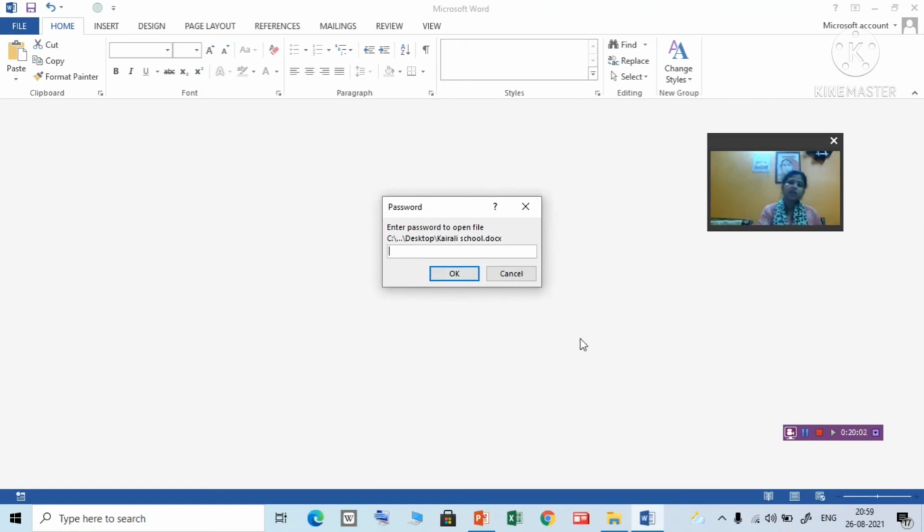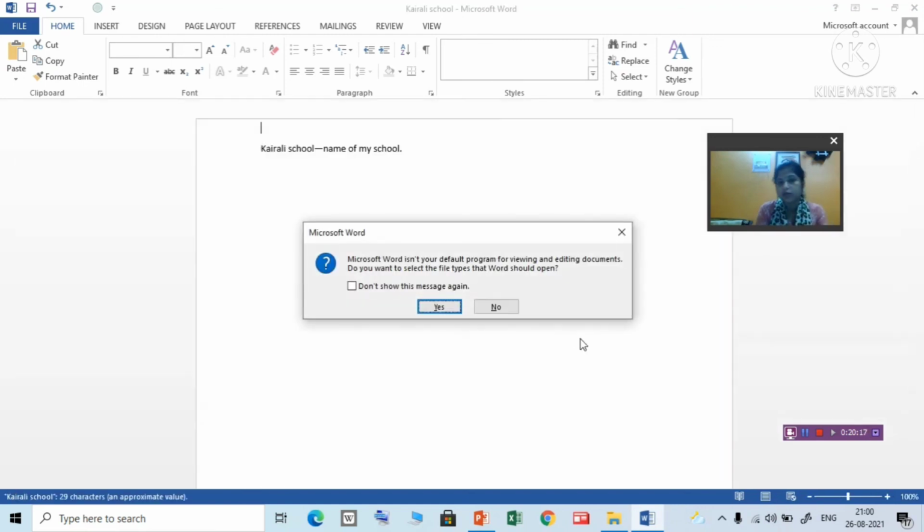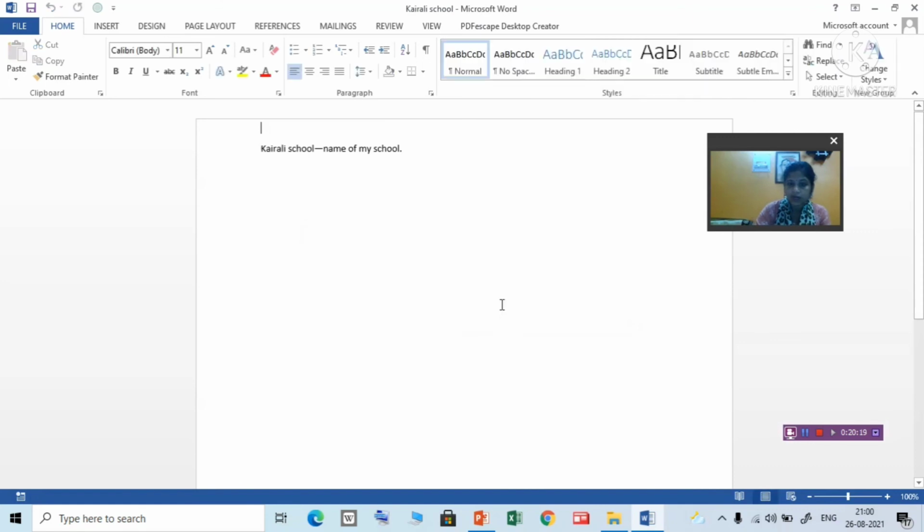If anybody knows the password, they can open my file, otherwise not. So you enter the password you have given, then it will ask for the password to modify. Another password for modifying was given. So now the document is open for us, and we can do the work.